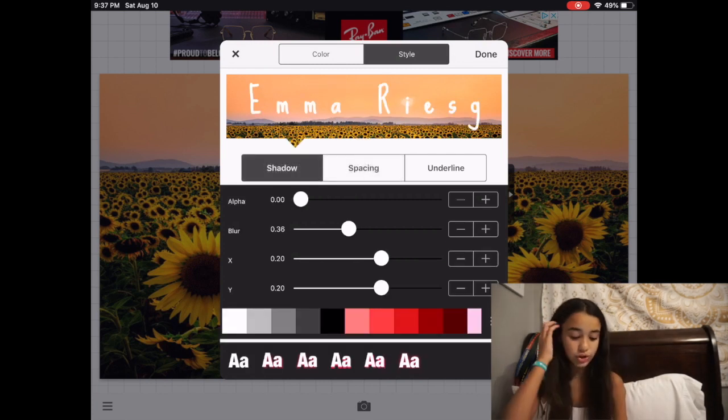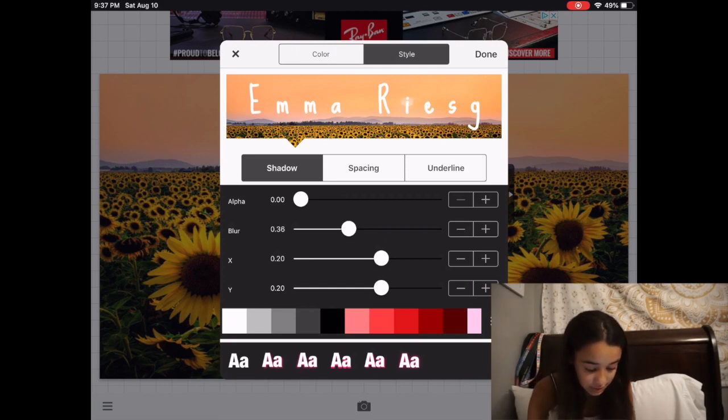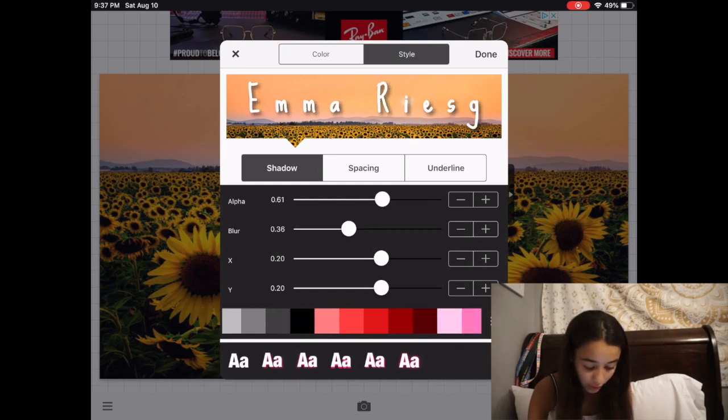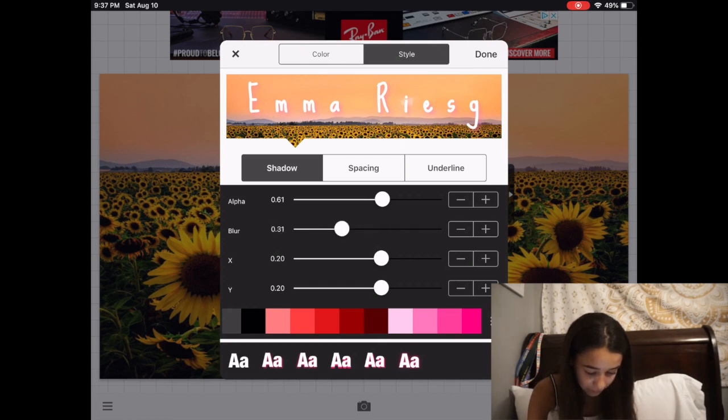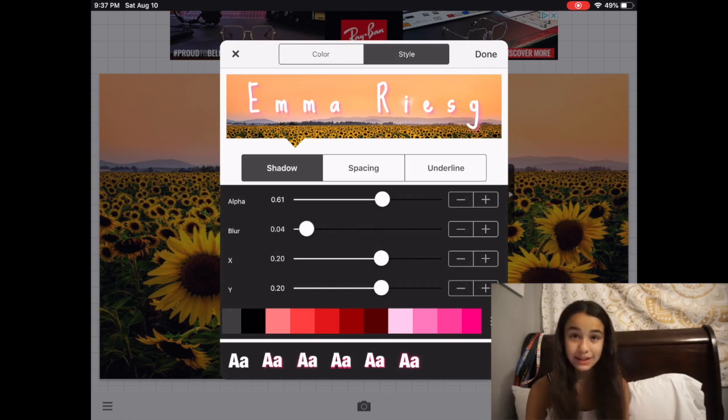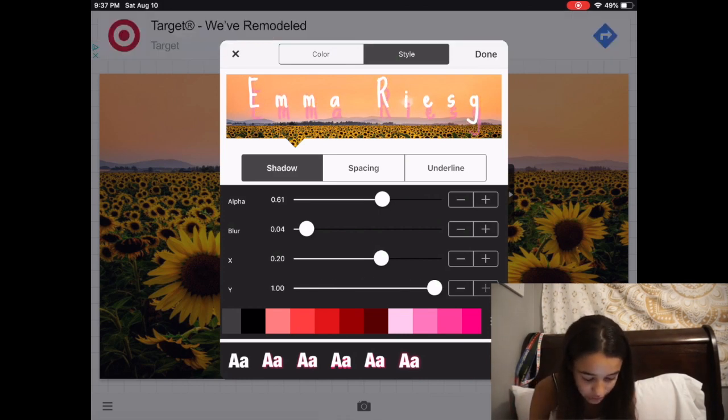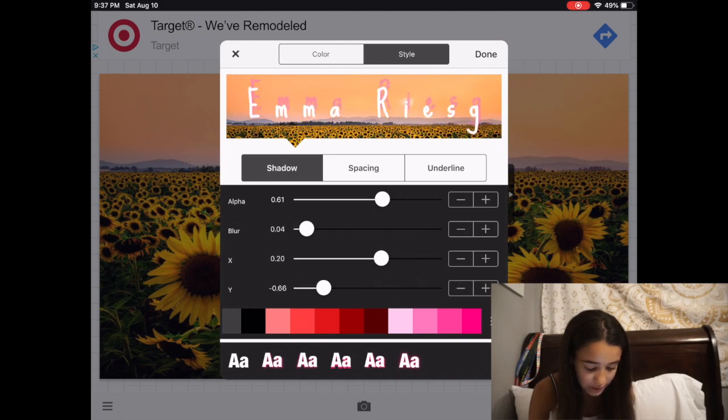And then you go to shadow. This is all optional, I'm just showing you what I do. But yeah, shadow, I sometimes just click black and leave it like that to have a shadow, or I click a bold color, like maybe a pink, and make it like that. So it's not a shadow color pink, it's like the actual color pink, so that, I don't know, it just stands out more. And then you could move how far away it is with the Y,